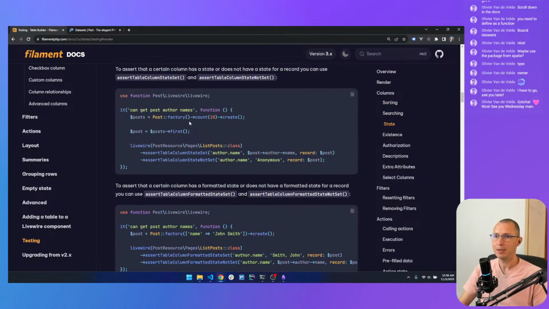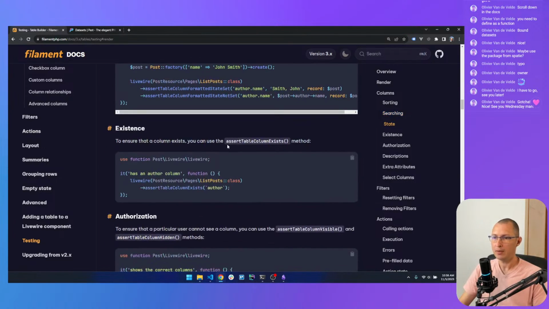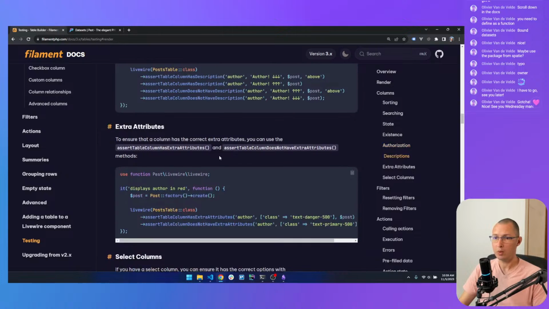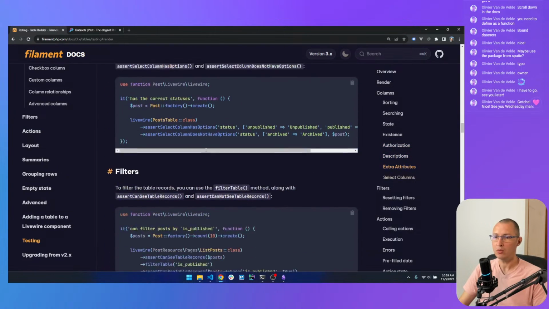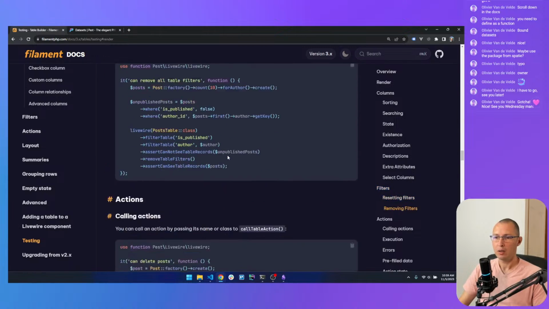You can assert the state of a specific column in the table, the existence of a column. You can make sure that you have visible columns based on authorization, descriptions, extra attributes, filters. What else?